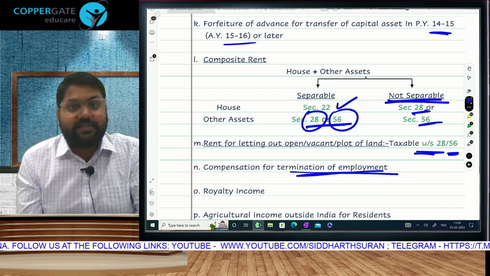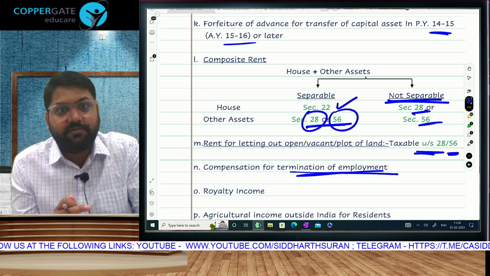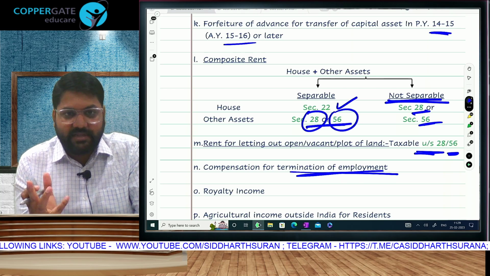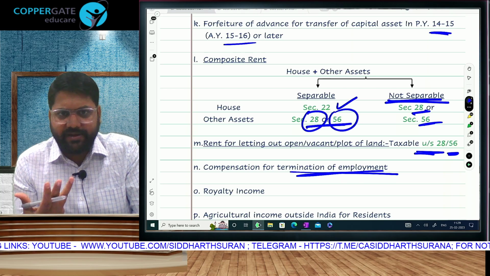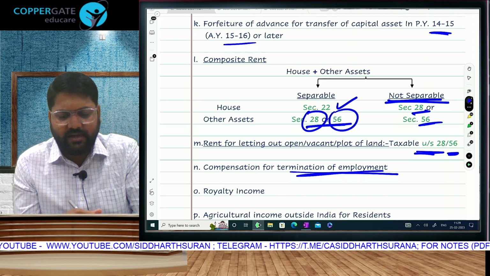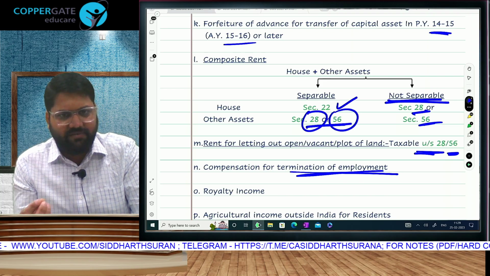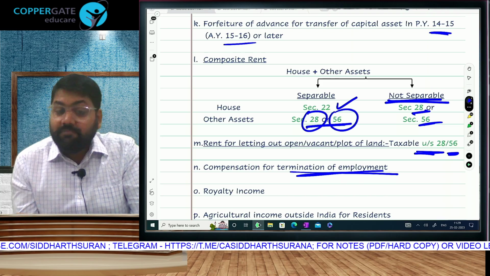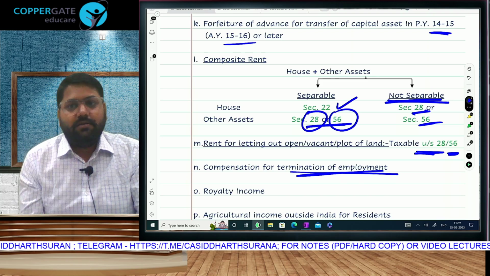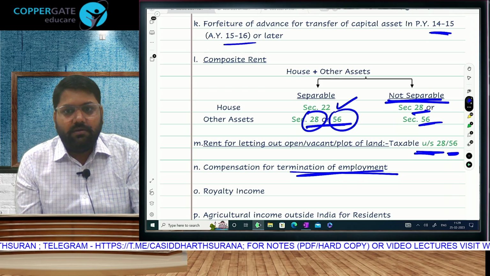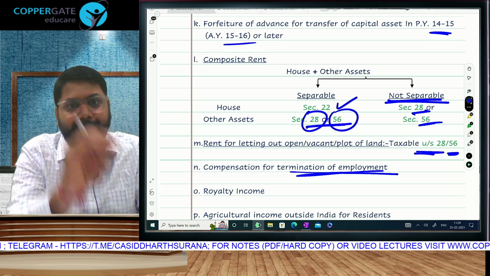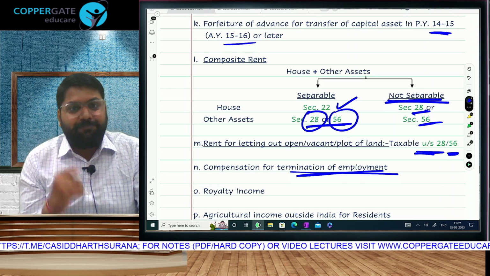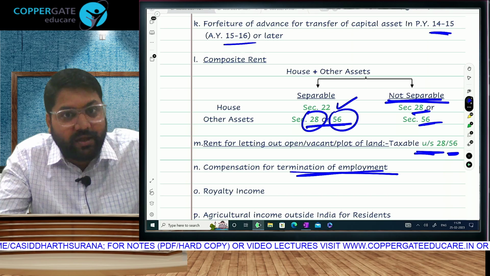Any compensation on termination of employment, because if your employer is giving, it will be salary, but it can be a professional assignment which got terminated and you got compensation. A professor doing contract with a coaching class for a certain number of years. I completed my contract with all the outstation organizations that I was working, whether Ahmedabad or Kerala, wherever I committed a period, I completed my assignment and then left the job. But if I would have left in between, then normally if I pay compensation to the organization, it is PGBP, or the organization pays me compensation if I am working as an employee, so it will go under